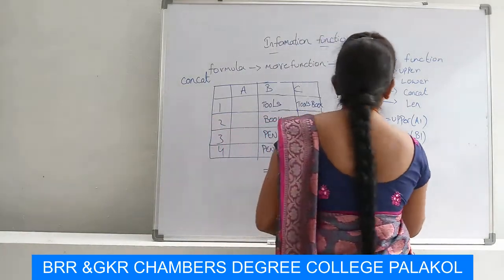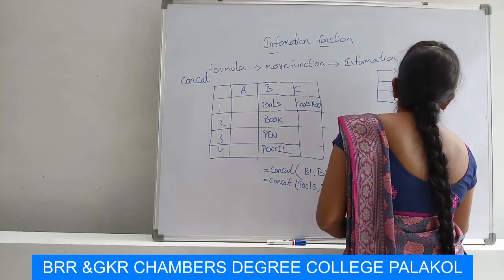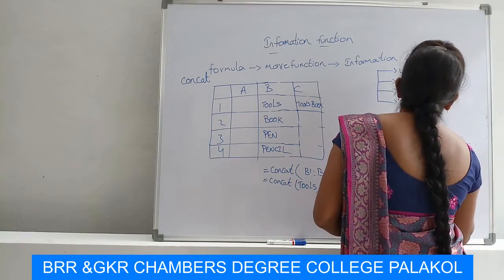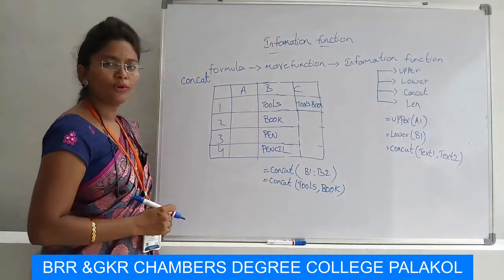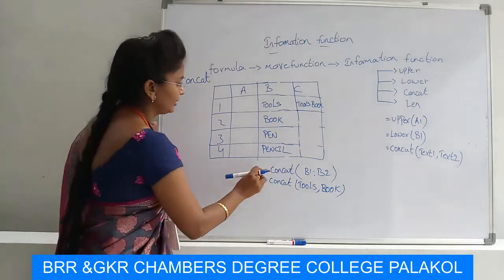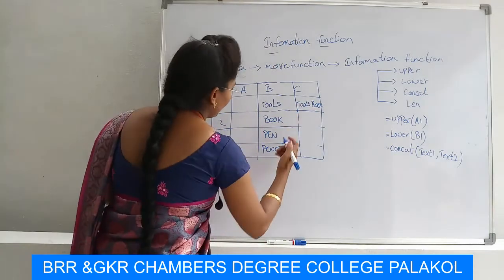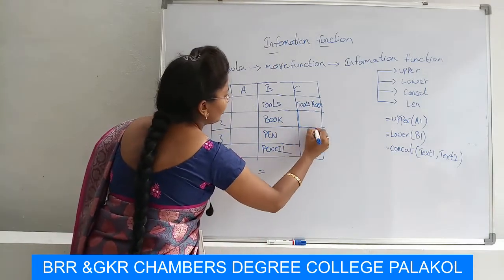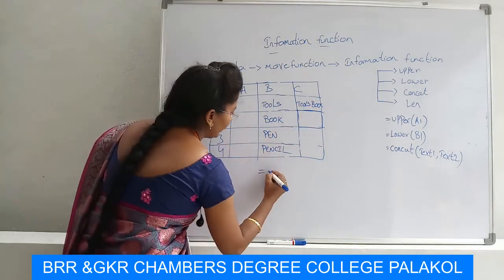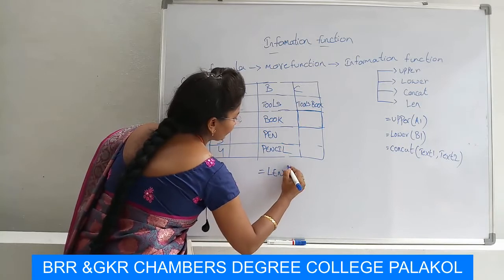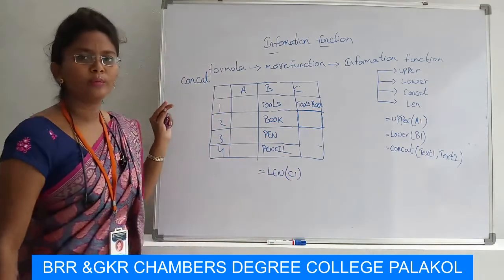Here I am entering it here. The concatenation syntax is concat text1, text2. And this is the concat formula. And the last one is length. I am writing the formula for this, and I want the answer in the C2 cell. Length. Here I am taking this cell reference, that one is C1, and press the enter button.